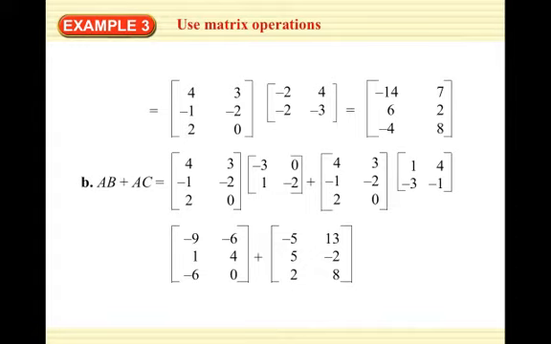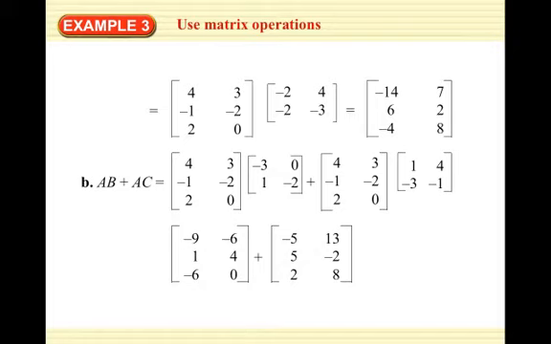So 4 times 1 is 4, plus 3 times negative 3 is negative 9. 4 plus negative 9 is negative 5. 4 times 4 is 16, plus 3 times negative 1, so that's 16 plus negative 3, that gives us 13. Negative 1 times 1 is negative 1, plus negative 2 times negative 3, that's negative 1 plus 6, so that's 5. Negative 1 times 4 is negative 4, plus negative 2 times negative 1, that's 2, so negative 4 plus